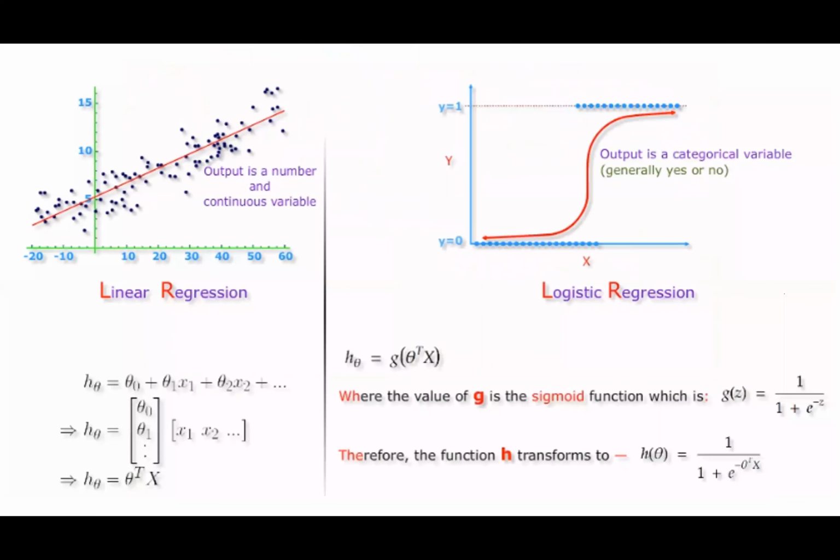Generally, on the left-hand side we have linear regression, and on the right-hand side we have logistic regression. It shows a mathematical comparison of what the two algorithms are doing. In the case of linear regression, all the blue dots are my data points, and the red line is the straight line that we fit on this data using linear regression, just like we saw in the last class, right?